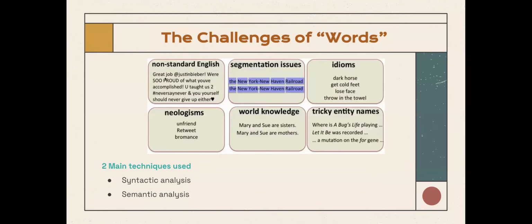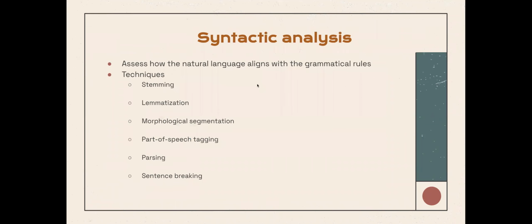As said just now, with this comment, it's hard to say whether they are actually proud of Justin Bieber or if they're making fun of him. And there are also segmentation issues. Over here in this example, they are talking about the railroad that is in New Haven, which is part of New York. But by simplistic rules, wherever we put a hyphen, we associate that to be a singular word. We might wrongly assign it to be something like York New, some fictional place called York New, which is not right.